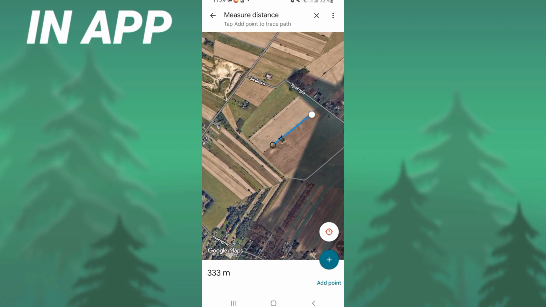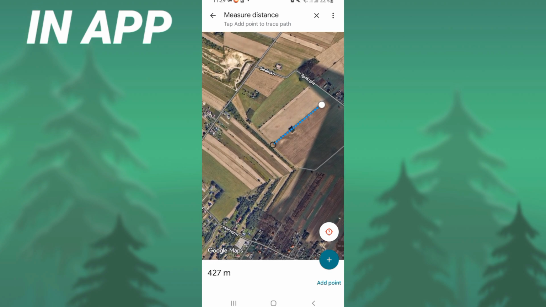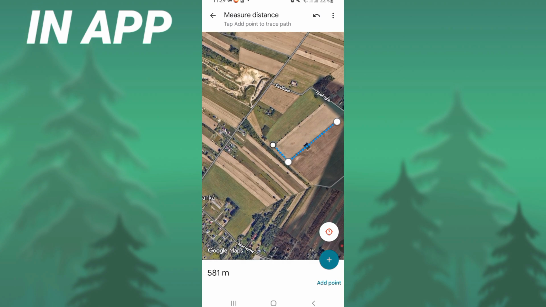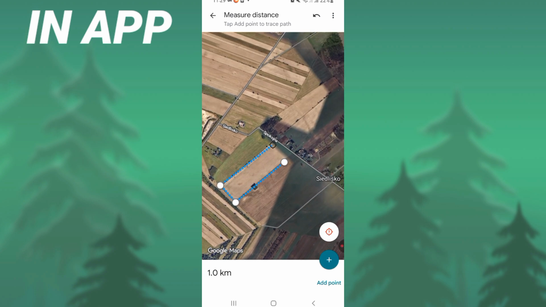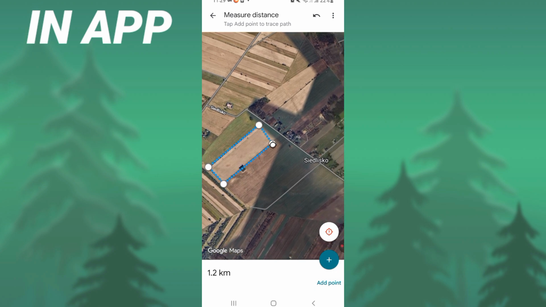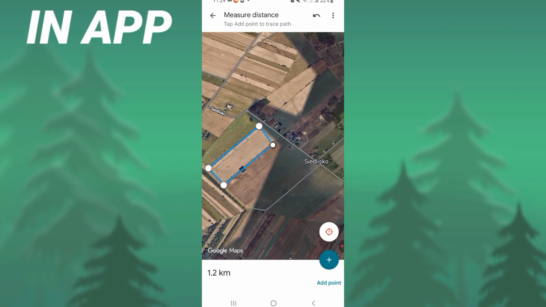I will be careful and add a point here. Click add a point, and then I will go right here, click add a point, and here add a point, and here I will add the final point. And that's all,